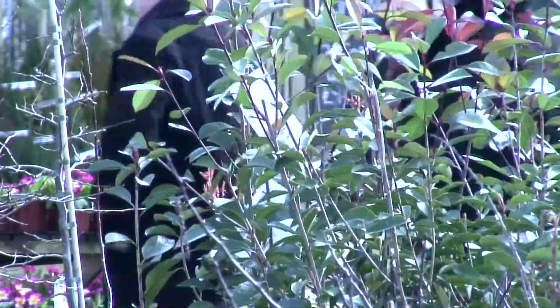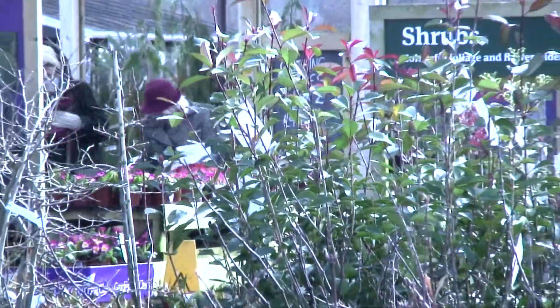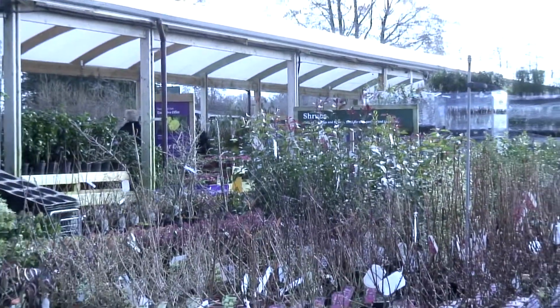Here at Bridgemere Nursery they grow a vast range of plants, all for sale to the public through our garden centres. And to be able to grow these plants well, you need to have a good understanding of the science behind it. For example, what compost do they need? Do they need acidic? Do they need alkaline? How much water they hold? Is it free draining? Those kind of things all work to help grow nice healthy plants that our customers would